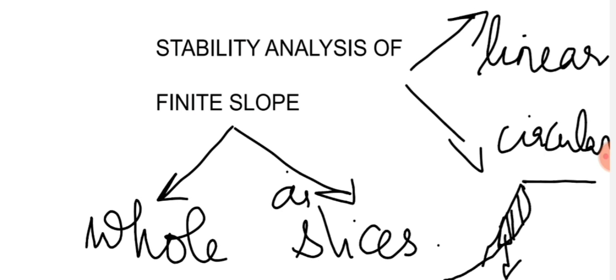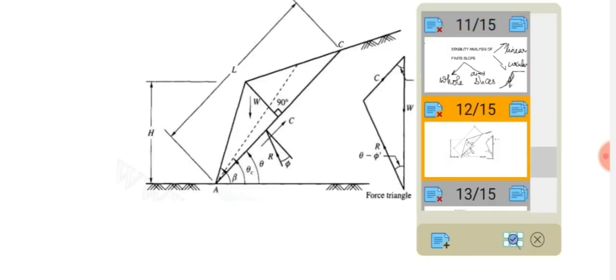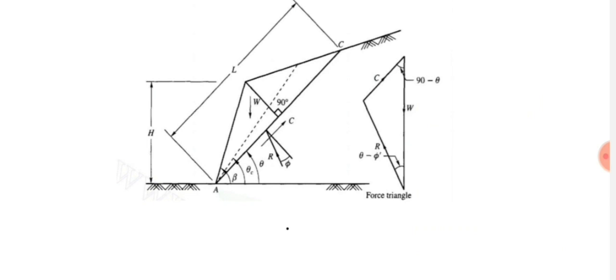So different geologists have used different types of analysis, and in textbooks each analysis is completely explained. That is, considering the slope as a whole and failure along a line along its length, considering it into slices, and so on. We will be seeing some of them. Now this one